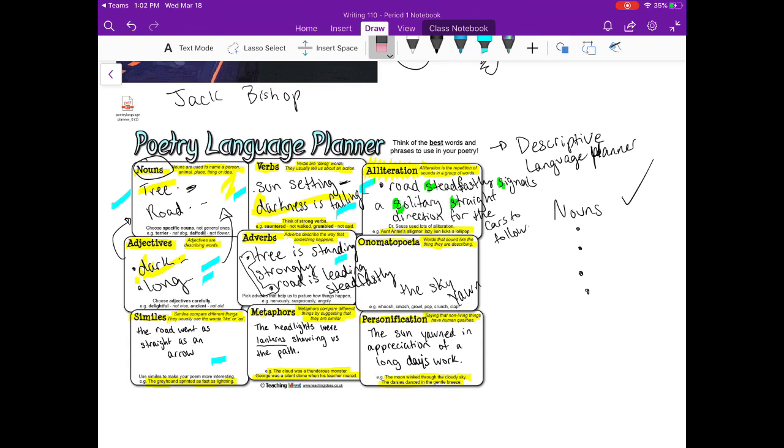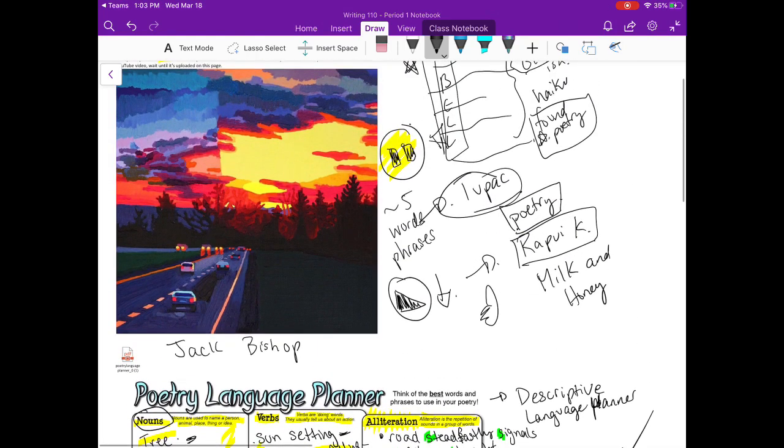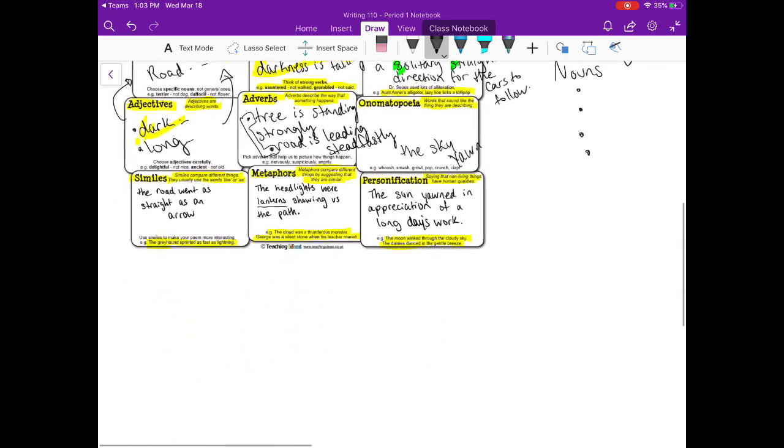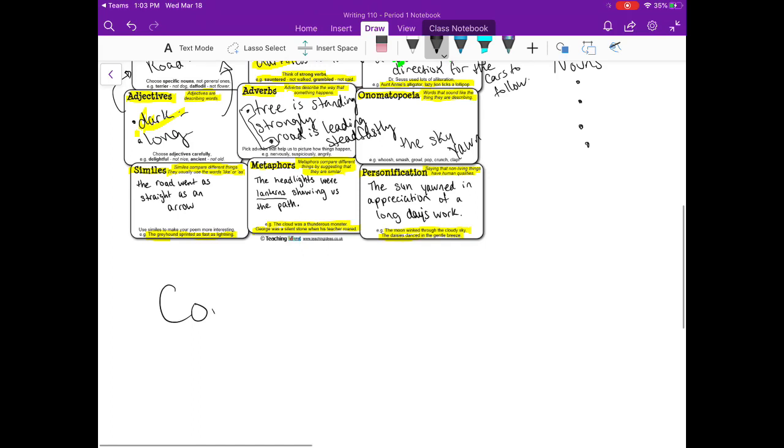So, I've given you guys examples. There's lots going on in this photo. What I would like you to do is to do this on your own, right? Now, I know it can be kind of tricky. I describe this photo a lot. You can use this photo if you'd like. If you do not want to use this photo, all I ask is you simply copy and paste a photo in